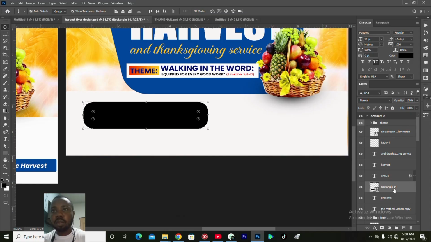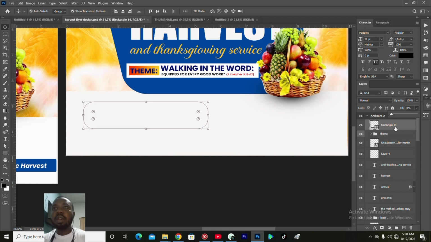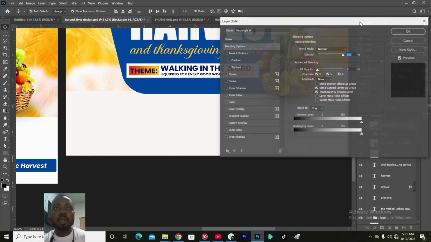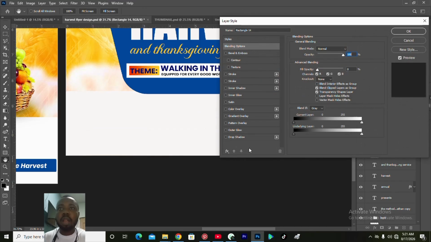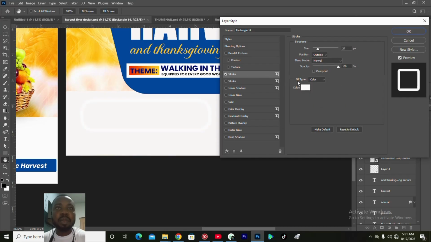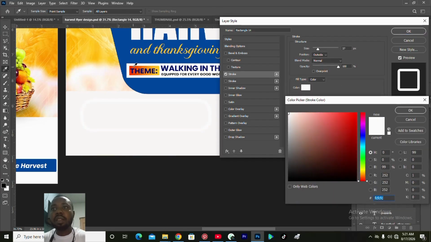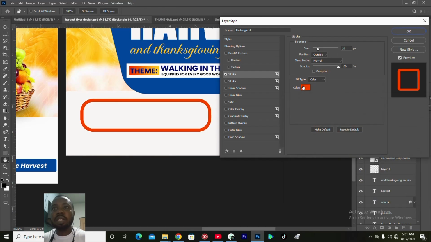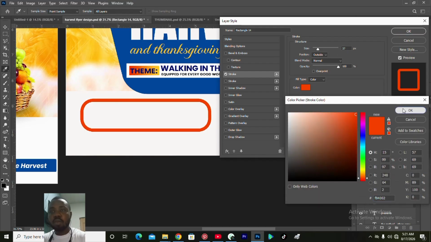So I'll just press this one here. I'm going to reduce the fill to 0%, then right click on it, then go to the blending options. Then I'm going to set a stroke, and I'll pick the color from here. This is the color code, in case you want to use the same thing. And this, I'm going to reduce